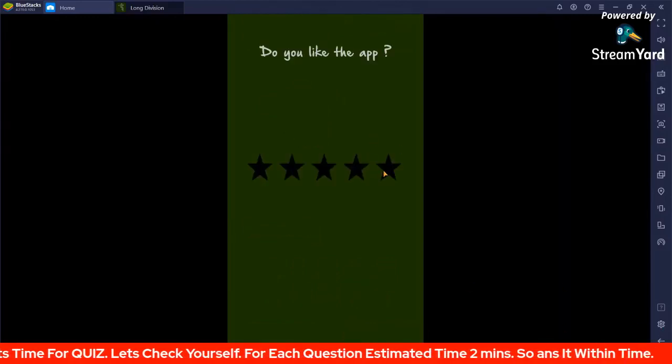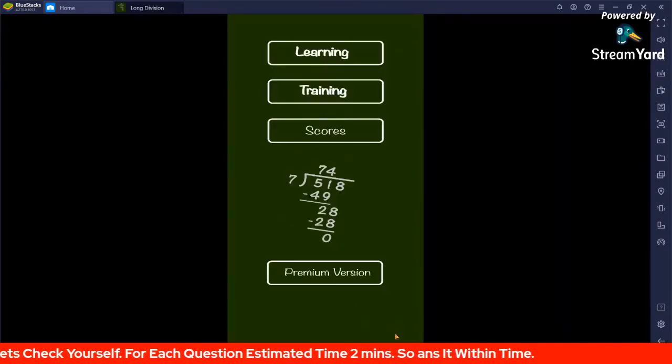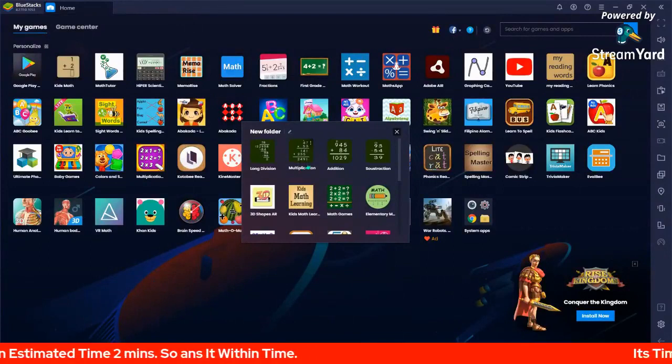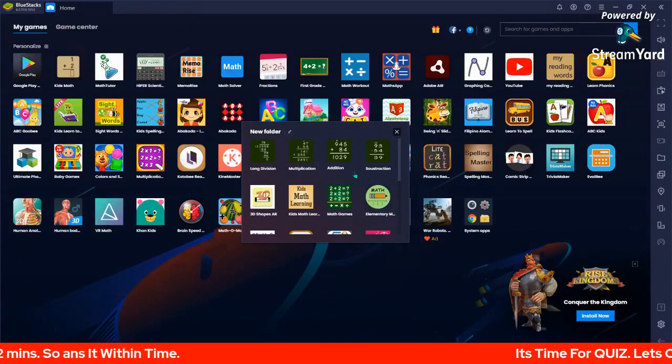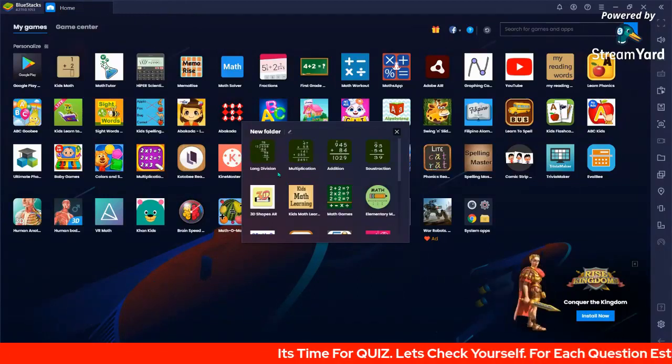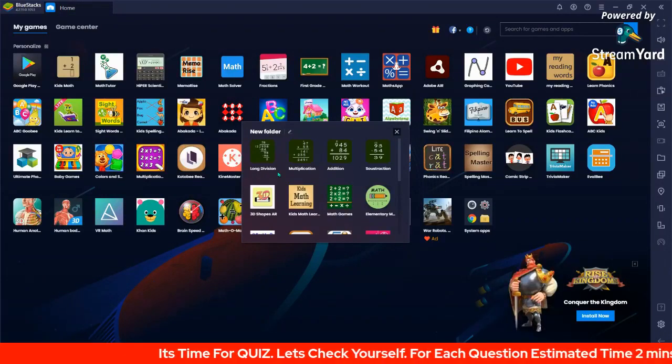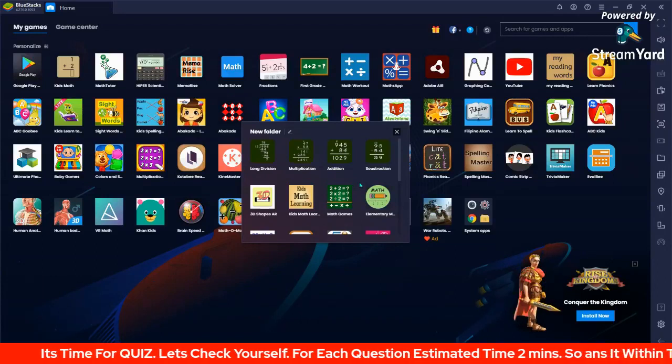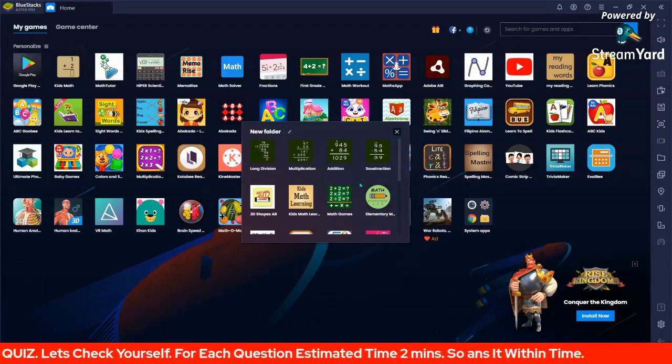This is a great way to help our students do arithmetic operations. So apart from the long division, we also have the multiplication, the addition, and the subtraction. I'm not going to go further in here because they have the same interface. You can check for yourselves how they work. Okay, now next,